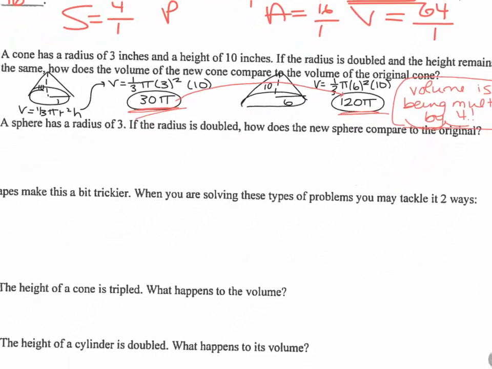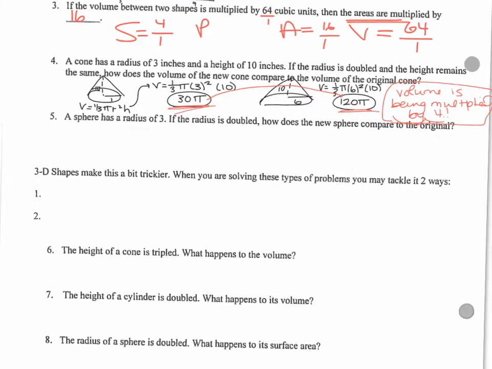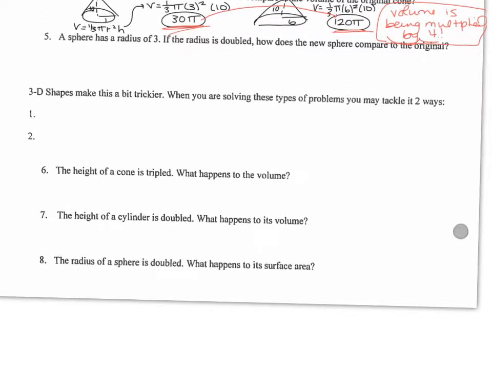So I'm going to go ahead and skip number 5 and go down here. These are really common problems. I always see these types of problems on standardized tests. People like to use them because they make your brain think, but we have a way to cheat the system. So you have 2 ways you can do it. You can either memorize the rules,